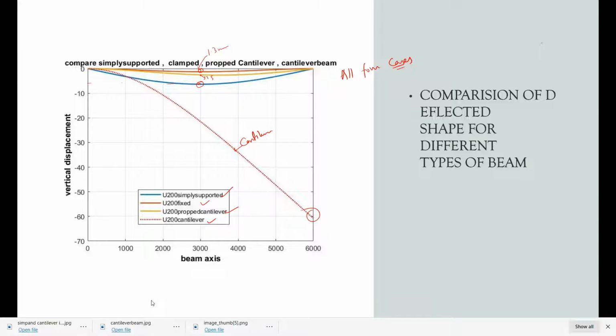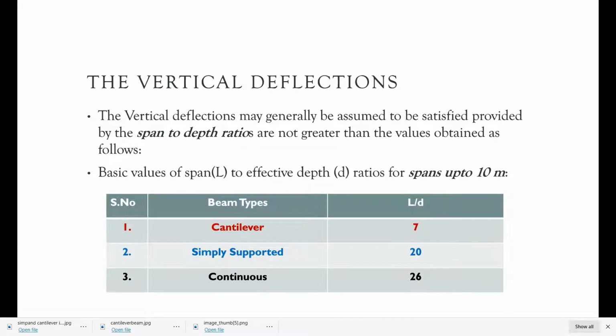So now let's see the codal provision from IS 456, taken from IS 456:2000. It states that the vertical deflections may generally be assumed to be satisfied provided the span to depth ratios are not greater than the values obtained as follows.